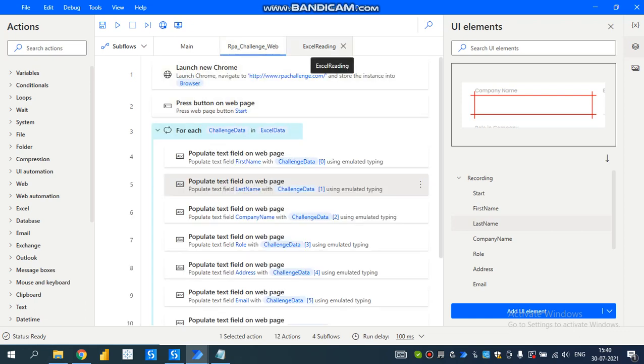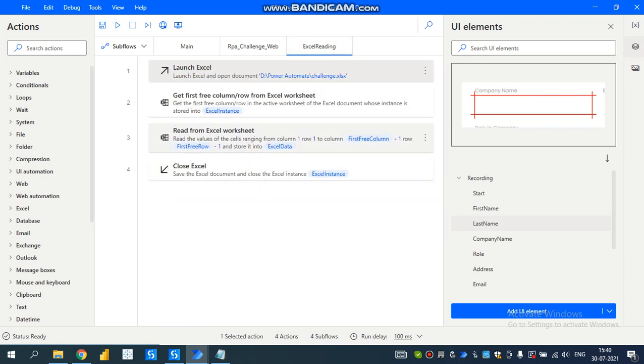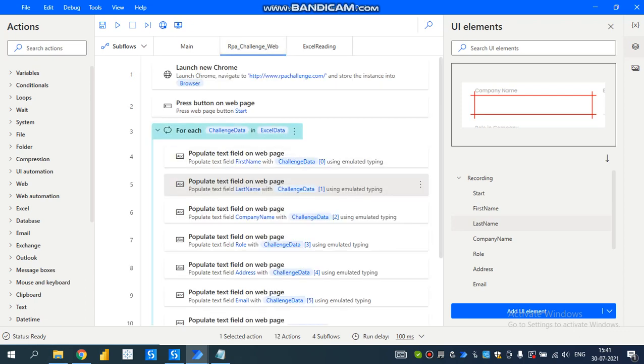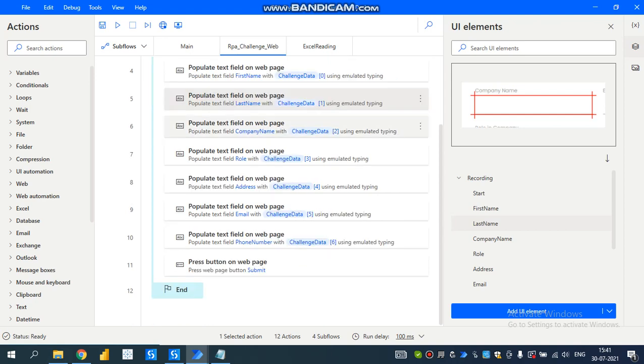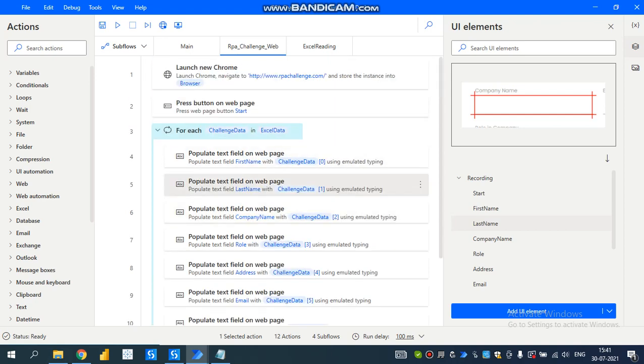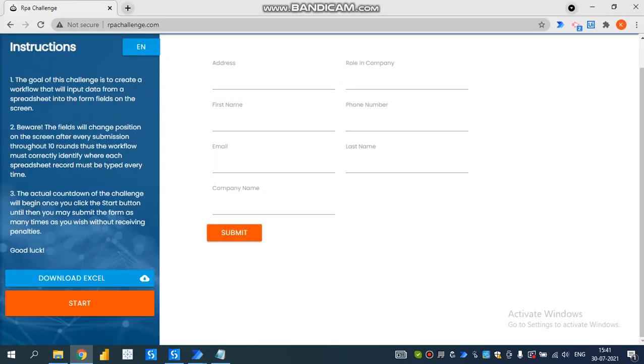I use this Excel data variable, and I have changed the for each variable current item to challenge data. After looping this data, we enter this data into these fields. For every submit click, we have to enter the data.